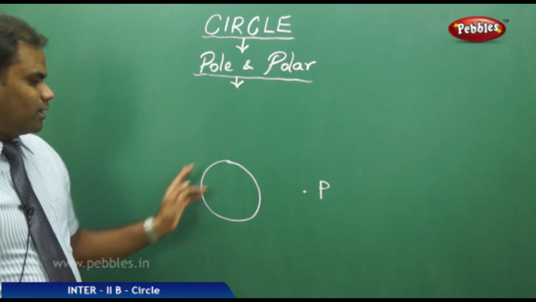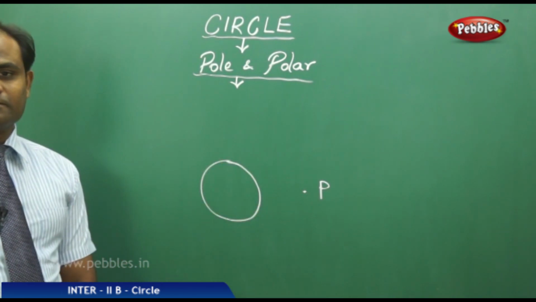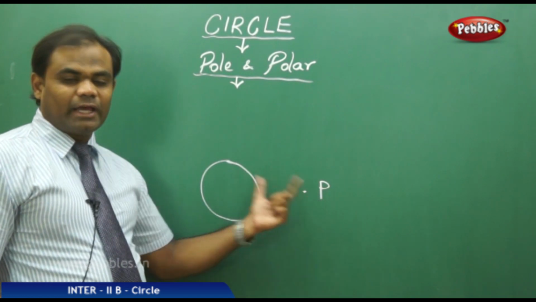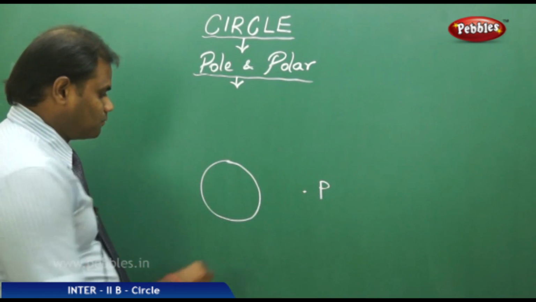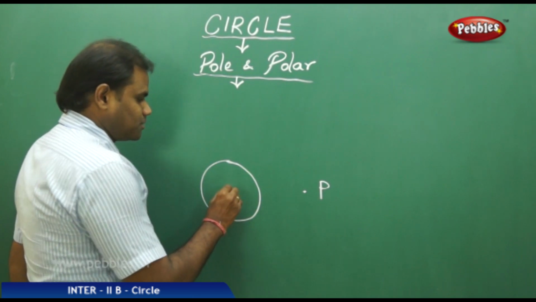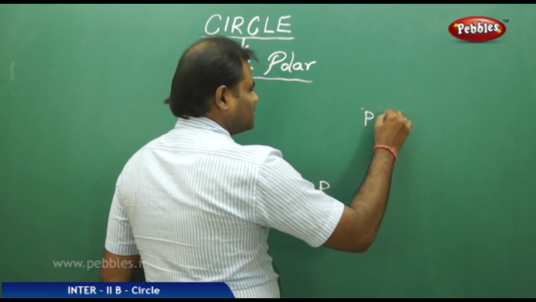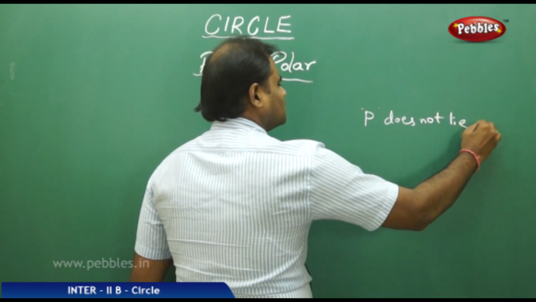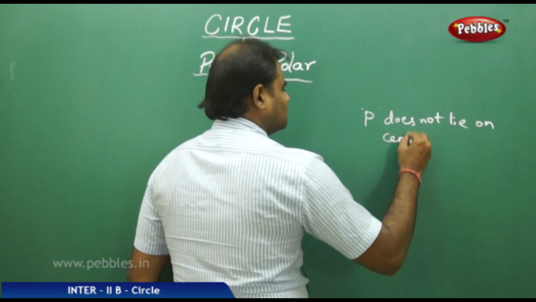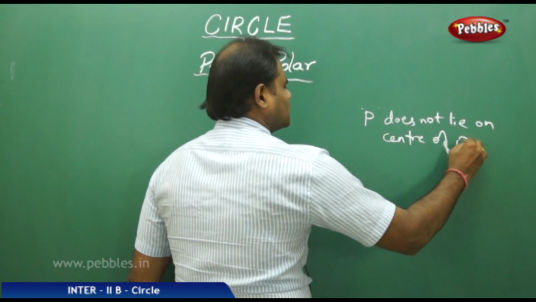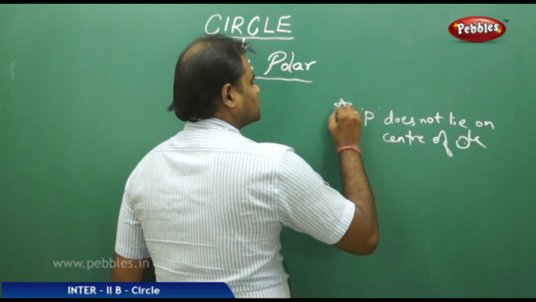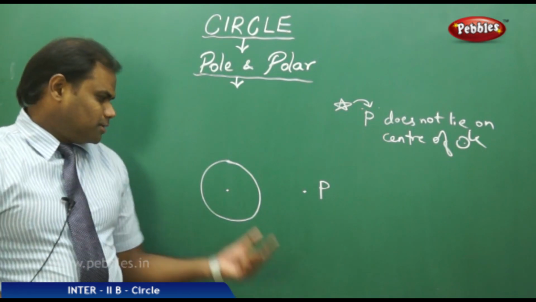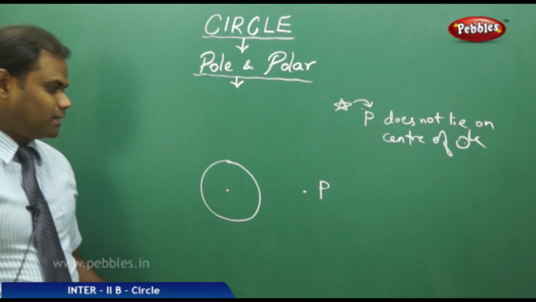In this plane, I draw a circle and I take a point P. Now the condition is that P is a point anywhere in the plane except at the center of the circle. So with the exception that P does not lie on the center of the circle is the important note I make here. So assuming that P does not lie on the center of the circle, now if I take a point P